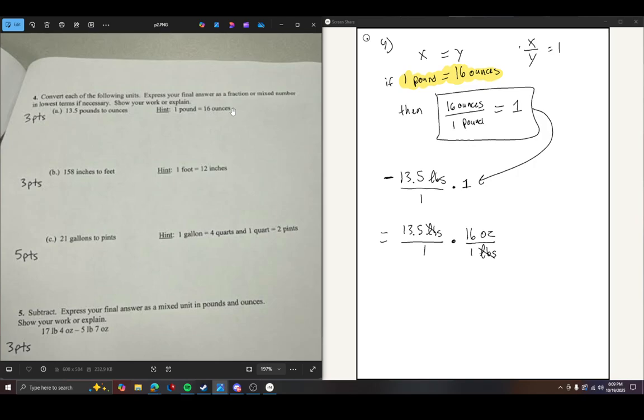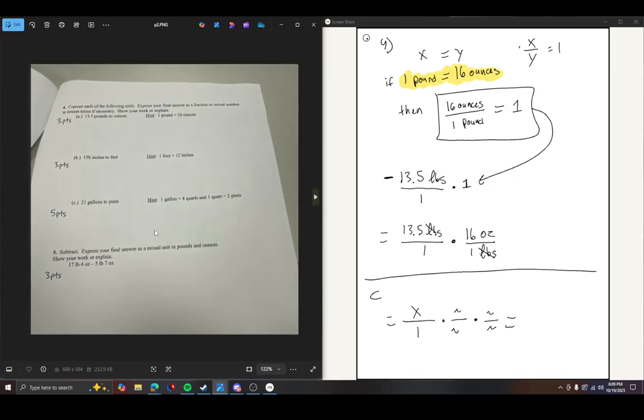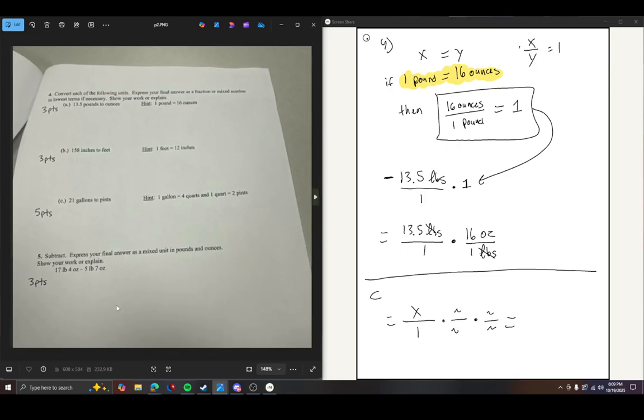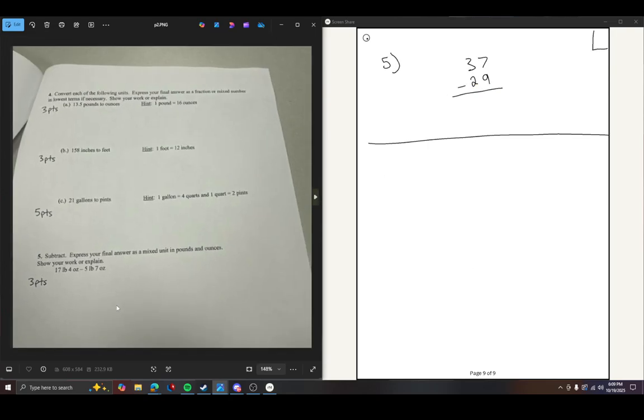And I guess part C is a little tricky, but it's just the same concept. You have x over 1, whatever your variable is here, and then you're just going to have another variable like that, and you're going to multiply it all through and have all the units convert. And that's how you go about it. But I'm not sure how you've learned this, so I hope I'm not making what I'm trying to explain more confusing.